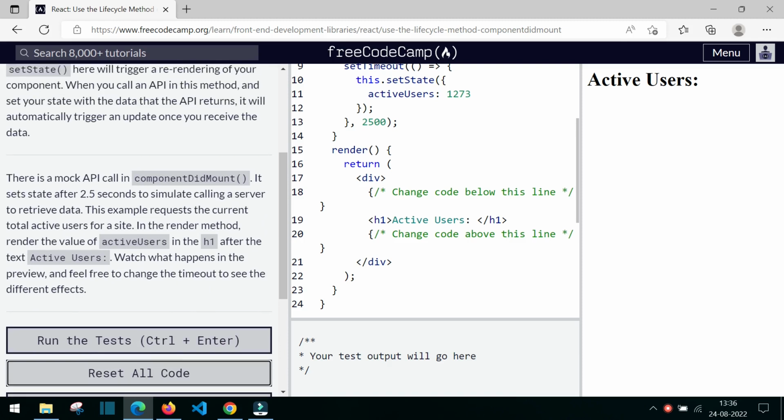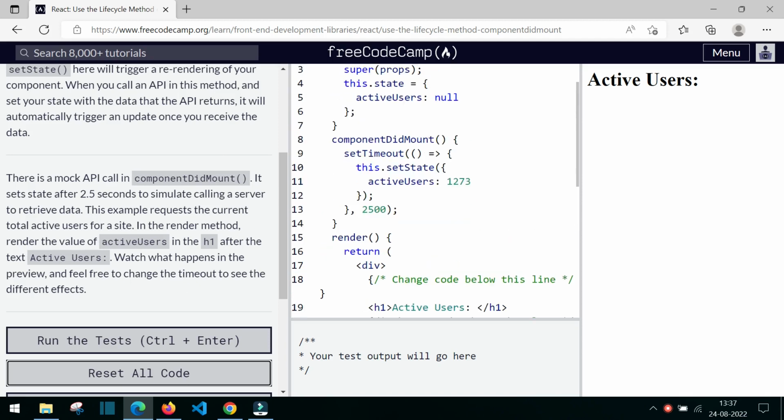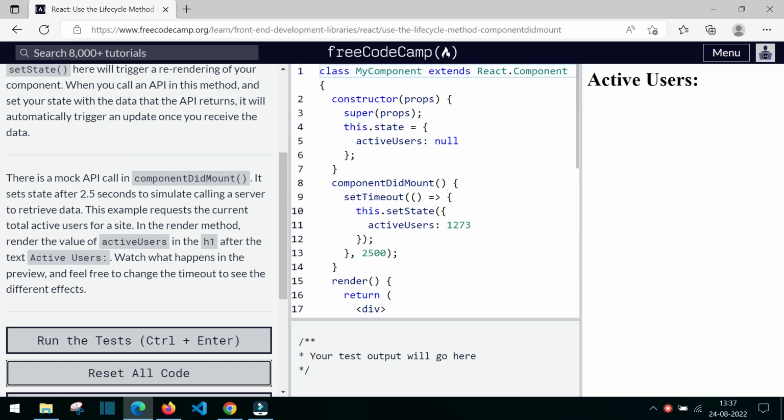There is a mock API call in component did mount. It sets state after 2.5 seconds to simulate calling a server to retrieve data. This example requests the current total active users for a site. In the render method, render the value of active users in the H1. So what they are telling is simply,